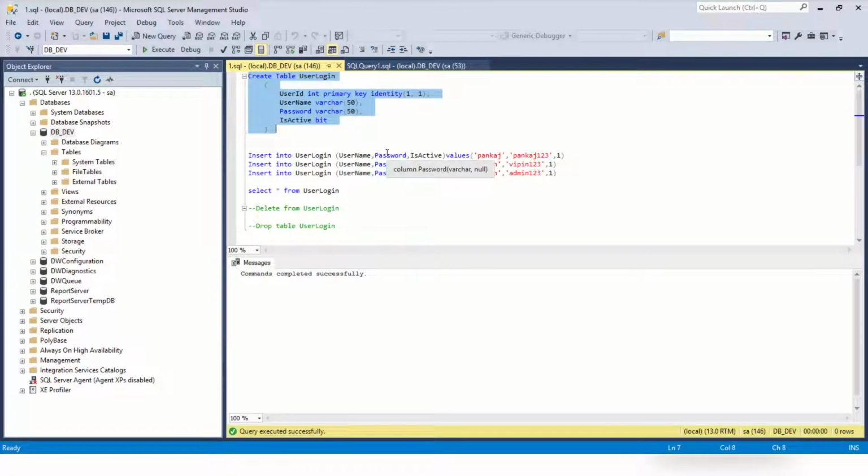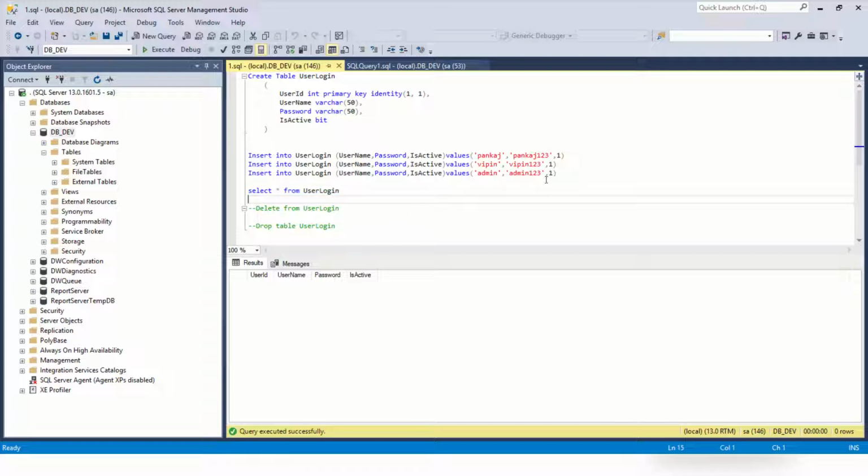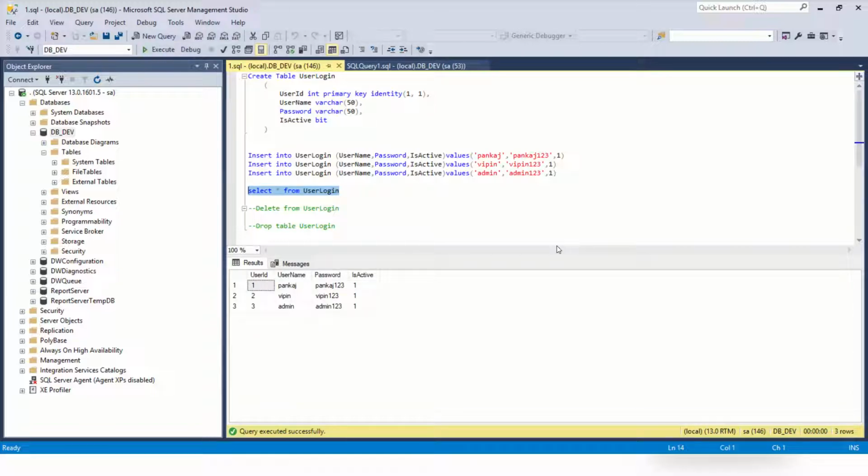See, we have got the table created now, but if you try to select the data from this table, you will not get any records. Why? Because we have not inserted the record set. So we can just insert the records using these insert queries. This is insert into the table name, then the column names, then values, and then whatever values we need to pass. Just execute it. Now if I select the data, you can see the data in your table. So we are ready with our database.